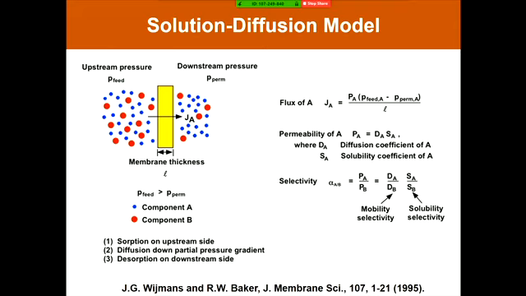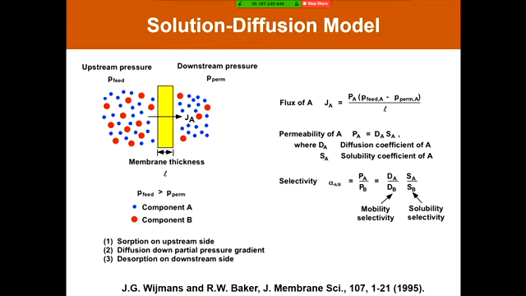The flux of gas through the polymer is often written in terms of a permeability coefficient times the driving force, in this case a partial pressure difference, divided by the thickness. And the thinner the membrane, the higher the flux. And this has driven modern membranes to be on the order of 50 to 100 nanometers thick to get very high flux. The permeability, you can see, is basically the flux properly normalized by thickness and driving force.